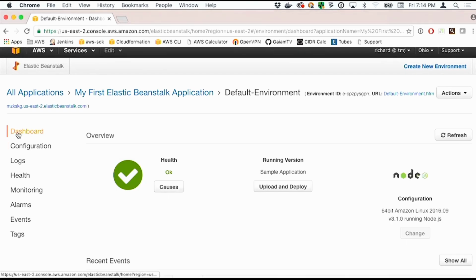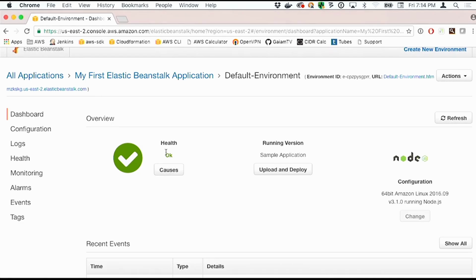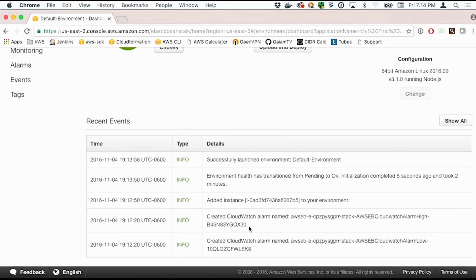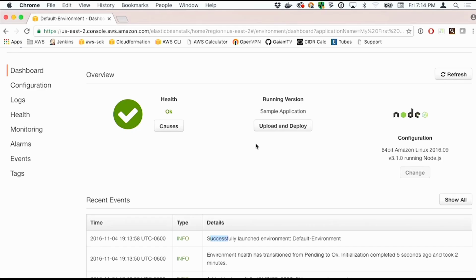So we can go back to the dashboard here. You can see that our application is running. It says that the health is okay, and the recent event says that we've added some EC2 instances, we've launched our environment, and everything is up and running. Now, from here,